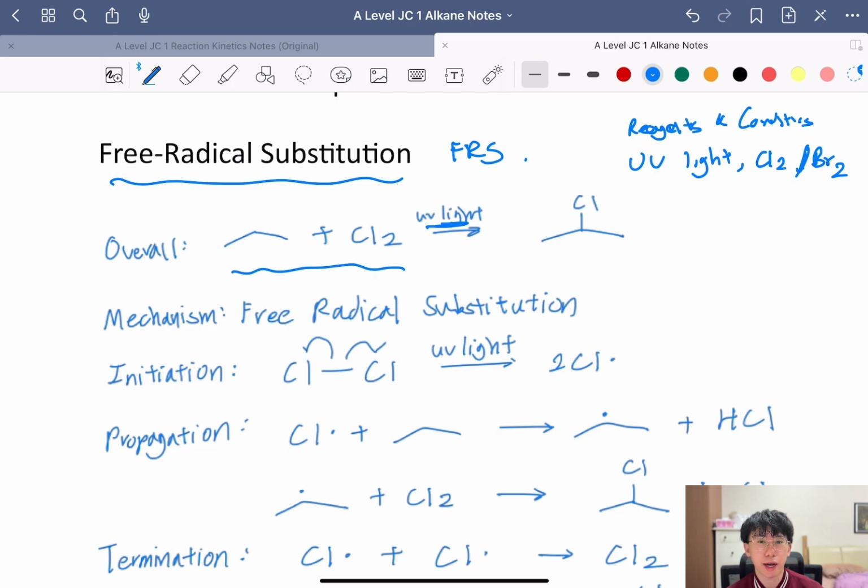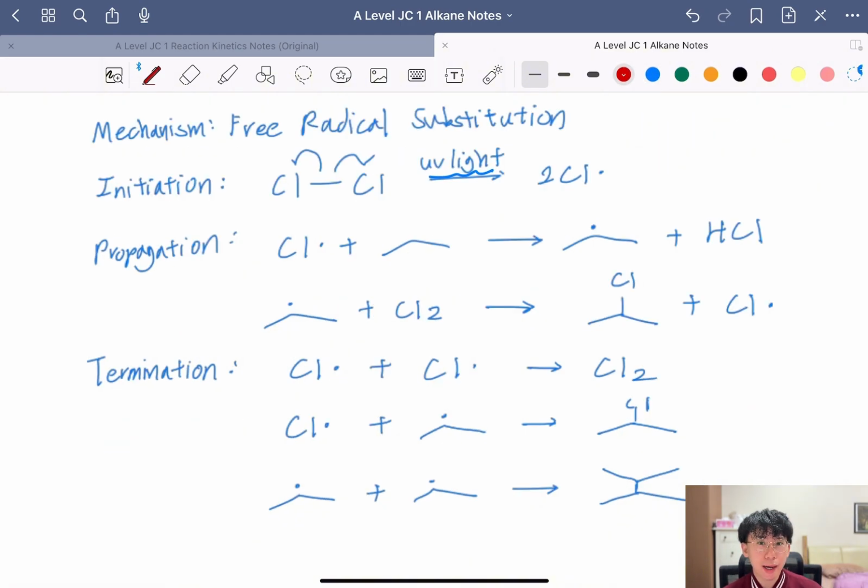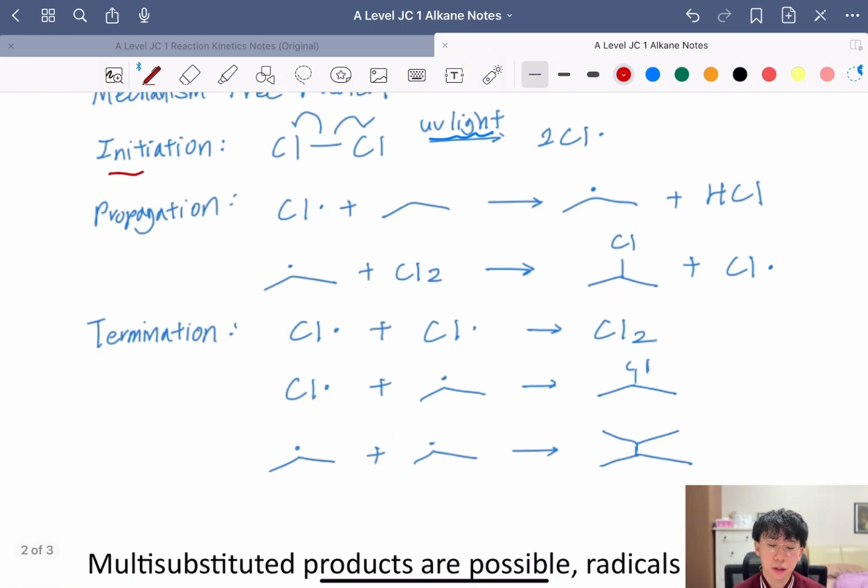Remember, substitution reactions are replacing a certain atom with another atom, and in this case we're replacing an H with the Cl atom. It's important to understand how free radical substitution works because you'll be asked to draw the mechanism during the exam. The first step is initiation, which starts off the whole reaction. Under UV light, the halogen will have the bond broken apart in a fission, and the 2 electrons are going to split